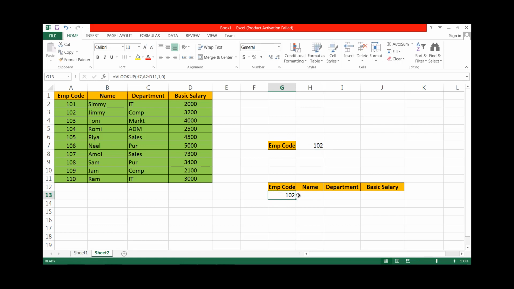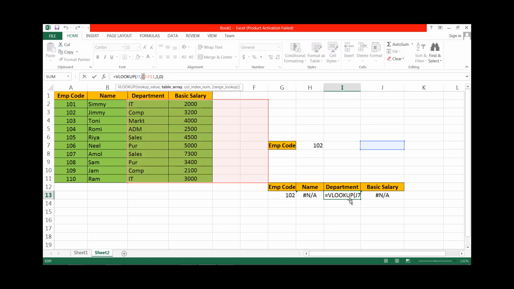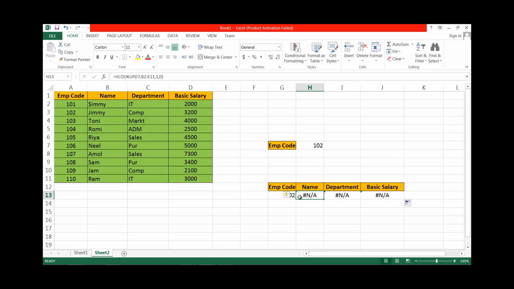But if I want, by using this single lookup formula, name, department and basic salary also, suppose I drag this formula, what happens? The value is not applicable, not found. Why? Because here we gave column 1. And therefore here in this formula the range is changed. In this formula the range is from B2. From B2 we want column 1. Suppose here if we look at the address bar, here it will take the range from C2. From C2 we want column 1. Then how do we adjust all this?